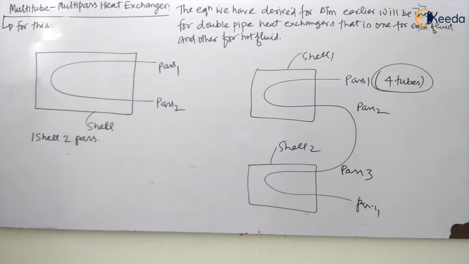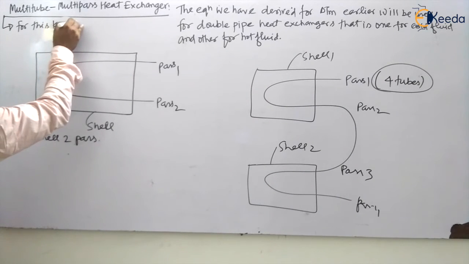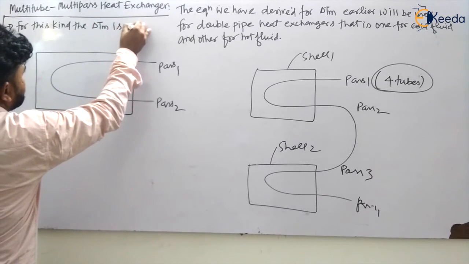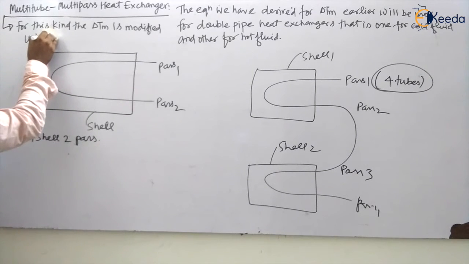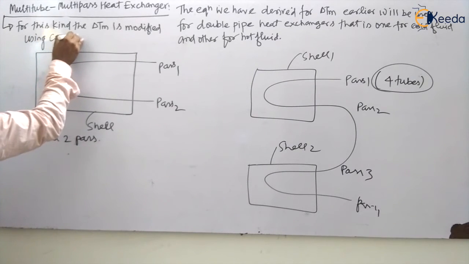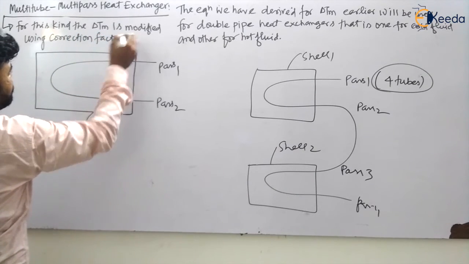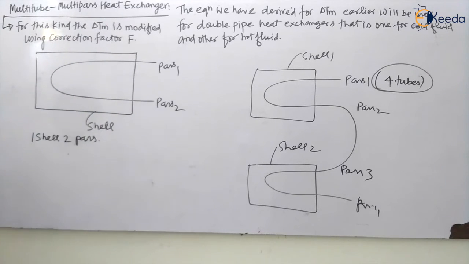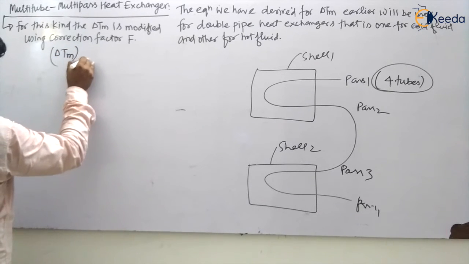So for this kind of multi-tube or multi-pass heat exchangers, the delta Tm is modified using a correction factor F, my dear students, and your delta Tm in this case will be given by,